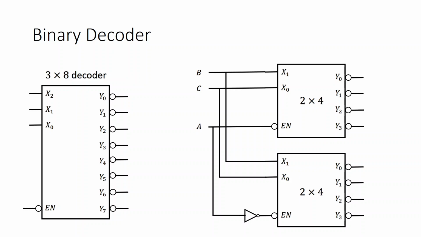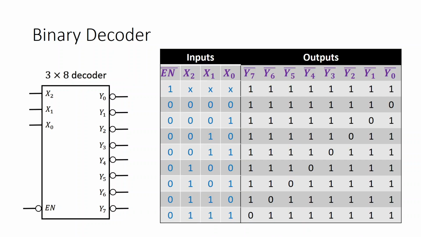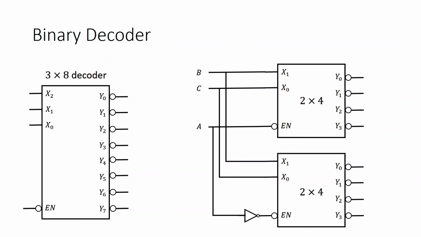Now this 3x8 decoder can of course be easily implemented using all these NAND gate configurations, but it can also be implemented using lower order decoders. Again, the idea of using lower order circuits to form higher order circuits comes into the picture. So we can use 2x4 decoders to form a 3x8 decoder. How many such decoders do we need? We need 2, and this is the configuration. Note the configuration. What we have done is fed the enable input using the A signal. Which is the A signal?